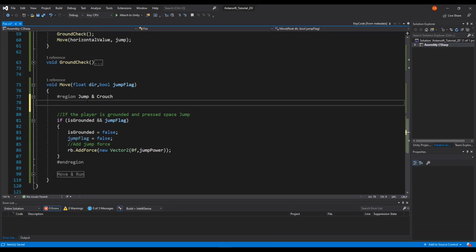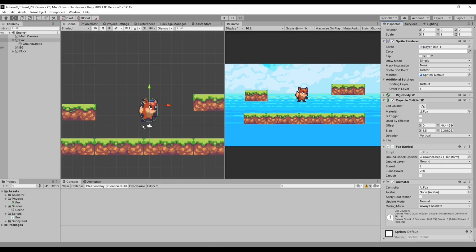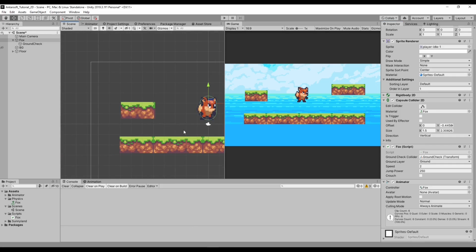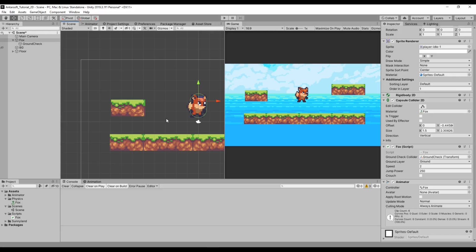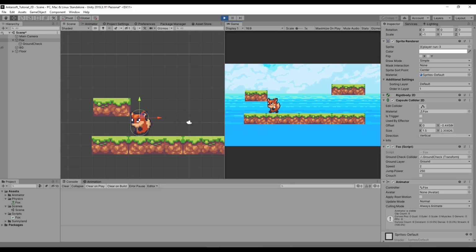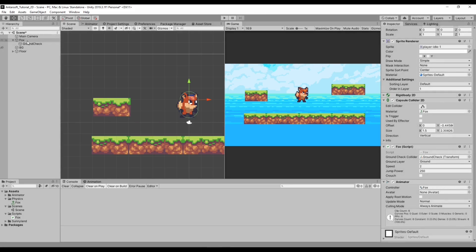The next thing we need to do is crouch, and it's as simple as checking for lower parts. If there's a floor, you can crouch. If not, you cannot. If you release, you go back. But one of the things we need to do about crouching is I created this collider in here that makes us test if we're crouching, so we can go underneath it. Because when we're not, you can see that we have this whole capsule collider in here that's gonna prevent us from going down. So what we need to do is create something called